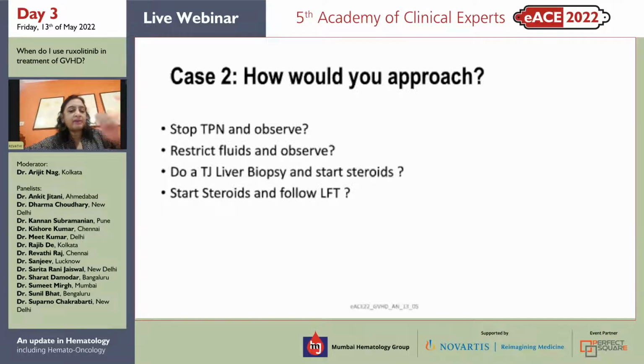Yes, ma'am. At this point, because it's early on in the transplant, what we are increasingly seeing, especially in patients who are on TPN, is Candida sepsis is also one of the differential diagnoses for just isolated hyperbilirubinemia. So it's always worth ruling out Candida sepsis, especially if there's TPN plus steroids. It can rapidly worsen the clinical condition. So I would carefully rule out Candida sepsis before giving the steroids.